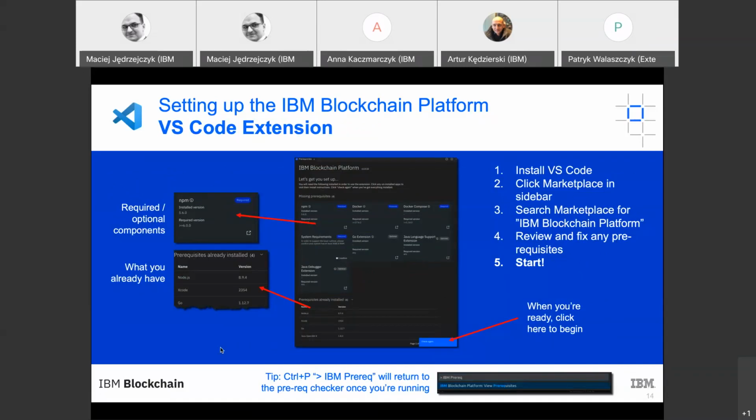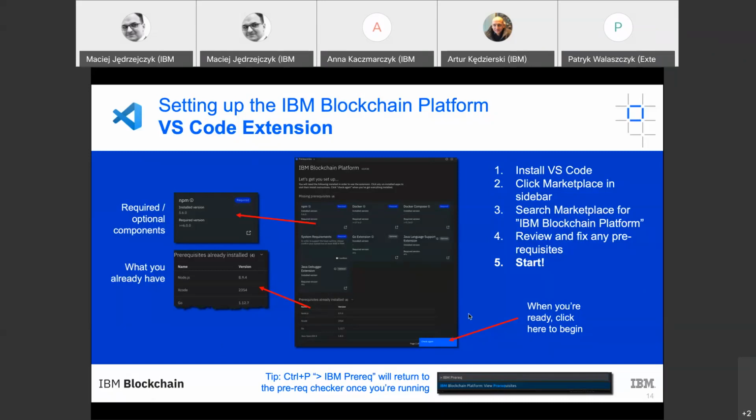To install it you just have to go into the marketplace, search for IBM blockchain platform, and just add it into your VS Code instance. It will install automatically, and you will be able to access a new tool which should appear in your sidebar as a new